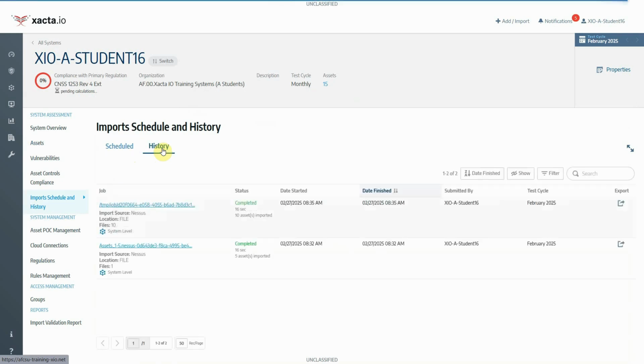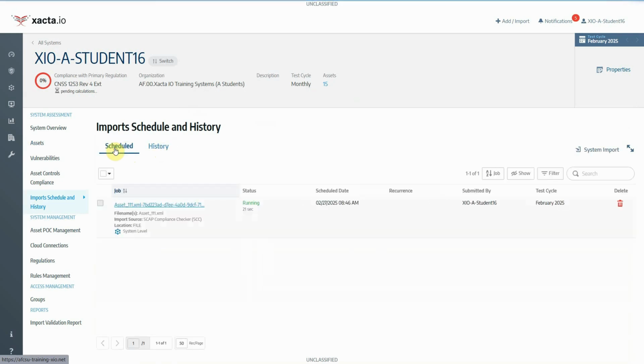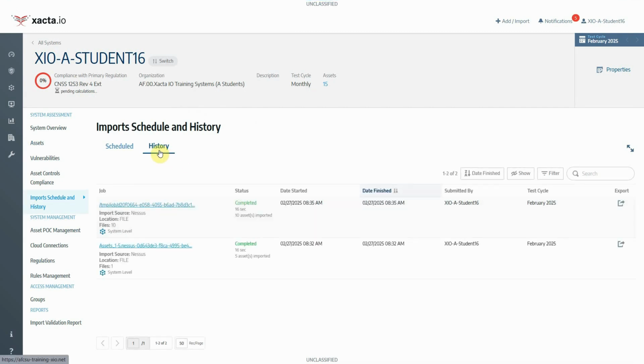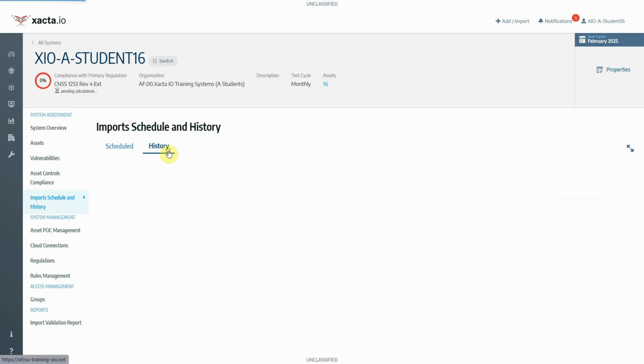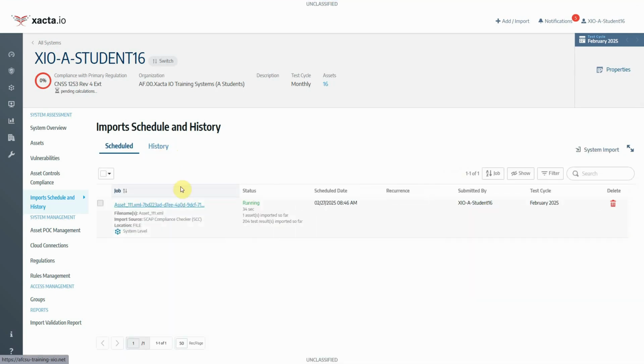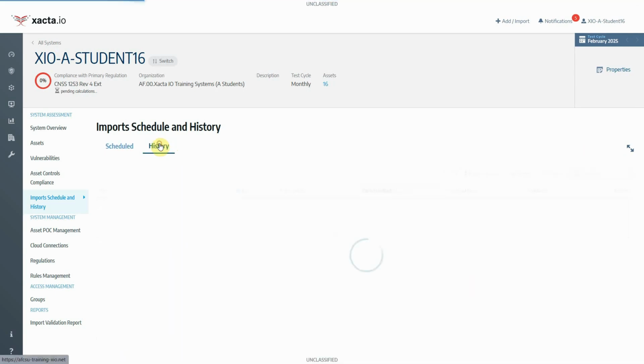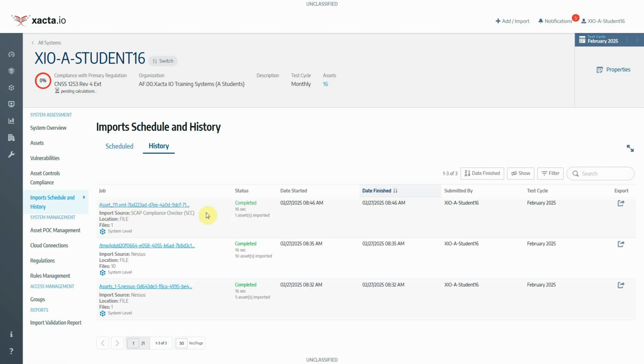So it's still scheduled. There's a little bit of a delay here, and now it's running. So we can see that this one's running, and it has imported one asset so far with 204 test results. It's still working through this asset here, and now it is completed. So I do have the green completed, so it was successful in bringing in this SCAP compliance checker file and